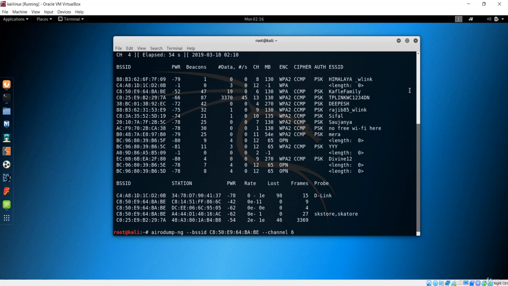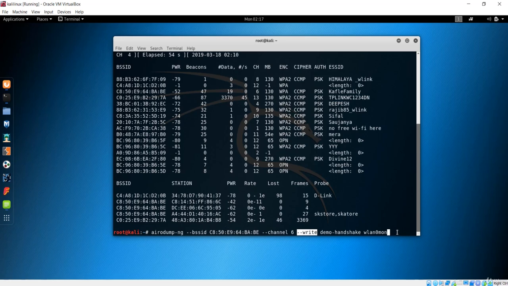After that you have to capture the handshake and pass it to some file. So I'll say write, and write is basically to write that handshake, and I want to write and give the name to that as demo handshake. This is our demo handshake file, and the interface here is wlan0mon. You could see we are using airodump-ng as a tool, and BSSID is basically the argument which refers to this network. Channel is 6, and write is basically to write the handshake that we get from here.